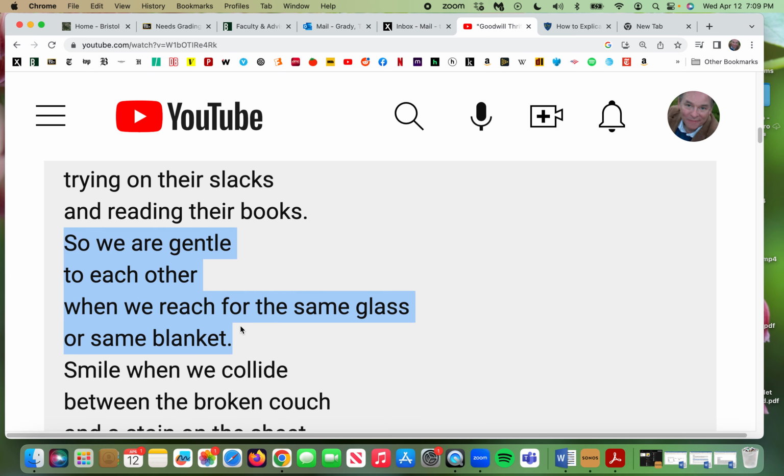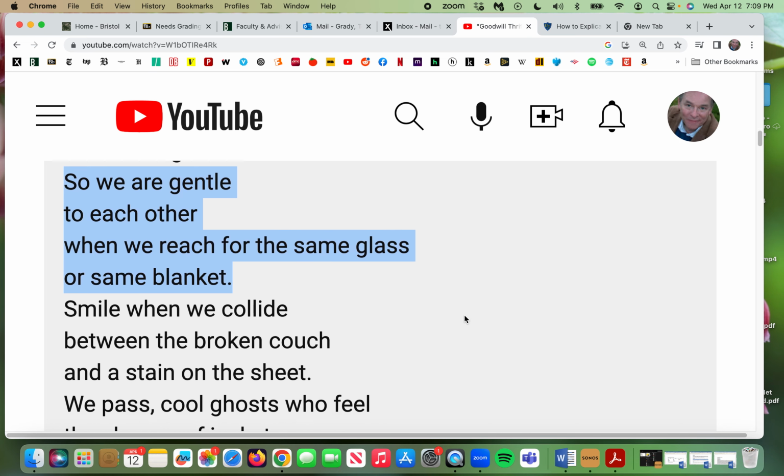So here, that might mean, in the very literal sense, you're reaching for a glass to see how much it costs, to see the label, and someone reaches at the same time. And in this setting, you're kind to each other, you're gentle. You're not like, I saw that first. You're nicer in there because of this solemnness and seriousness of the space, or the spiritual nature of the space, if you will.